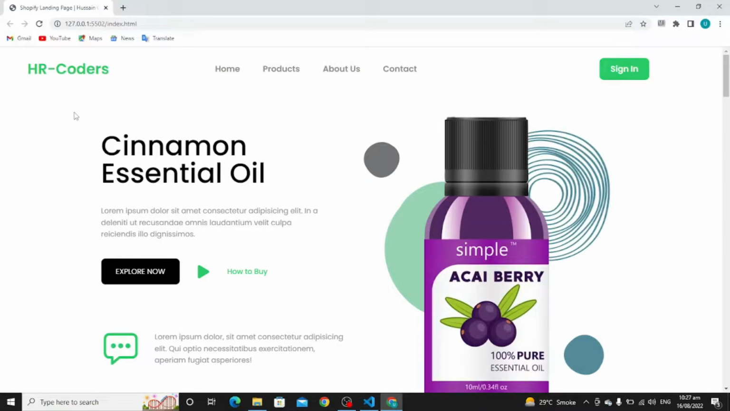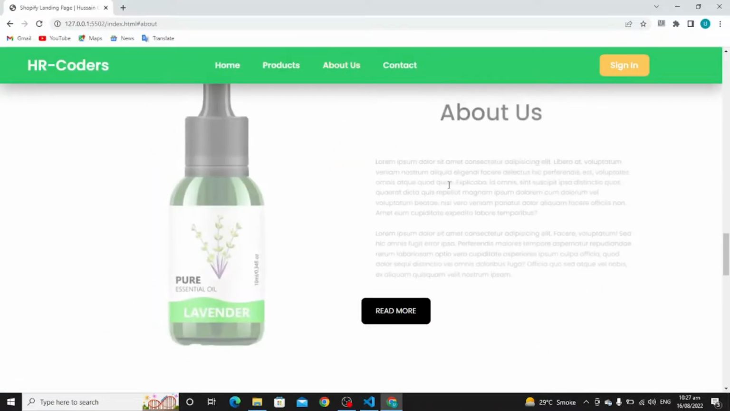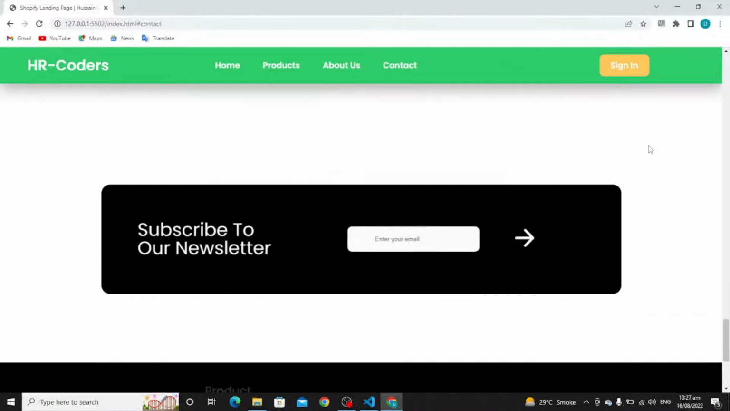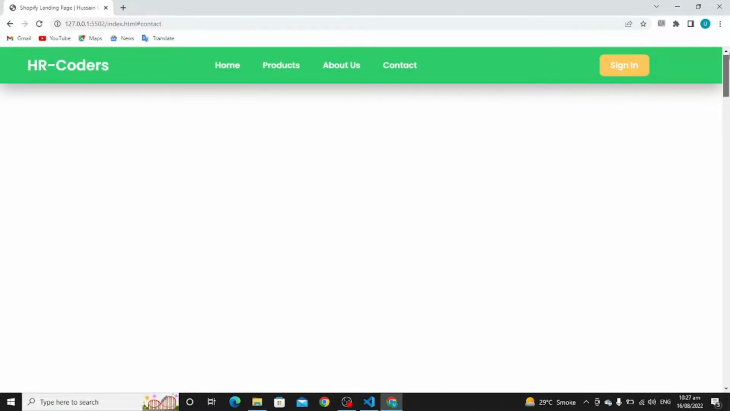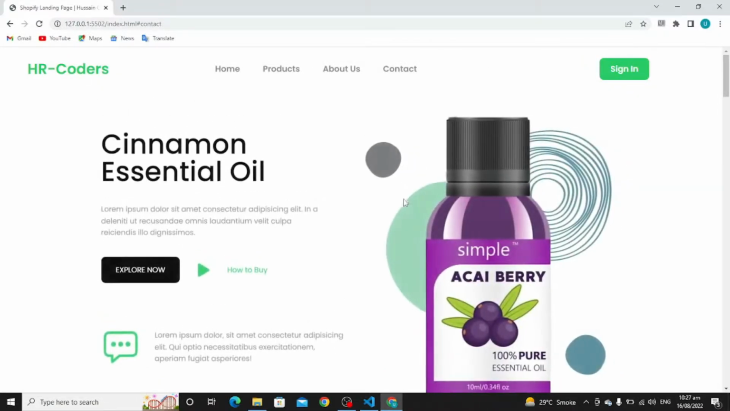Hello, today we are going to make a website called Shopify landing page. This is the logo. These are the navigation bars which are responsive. As you can see, we can click it and we will be moved to that section of the website. And this is the website. You can check it. Smooth scroll